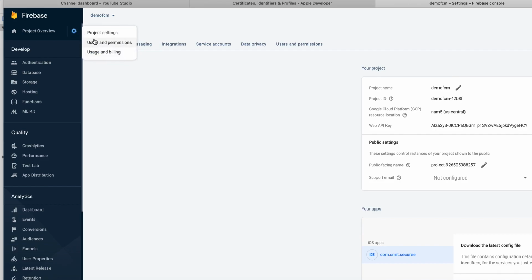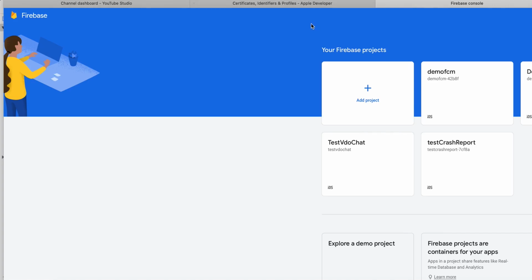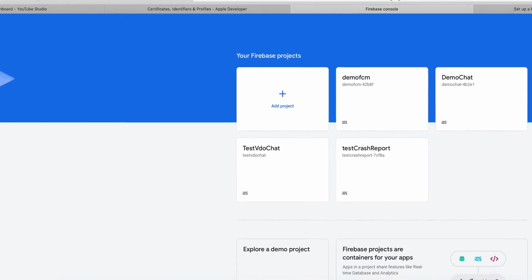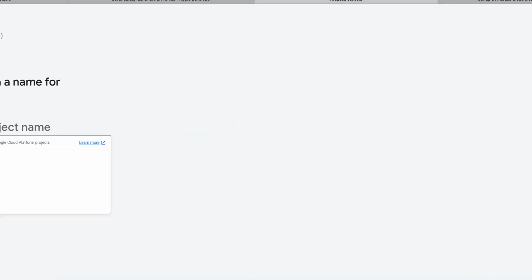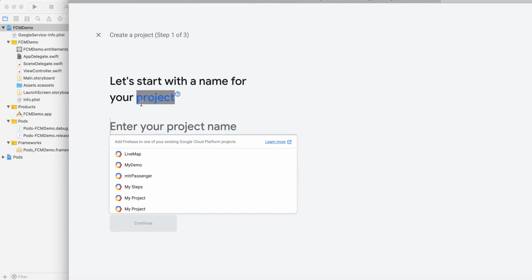If you did not create any project, you can just go into your whole project, see all projects is here. I can see the whole projects already is here. So you can add your project if you want, you can add here, and what you want to add, you just need a unique name for that project,